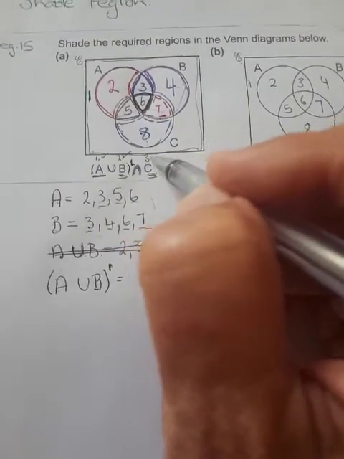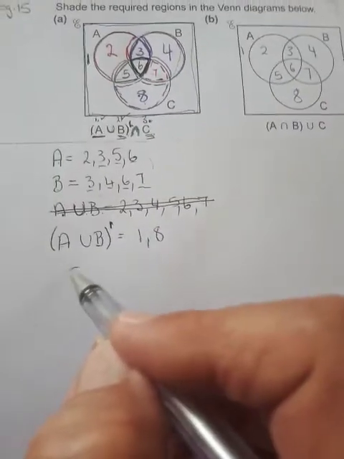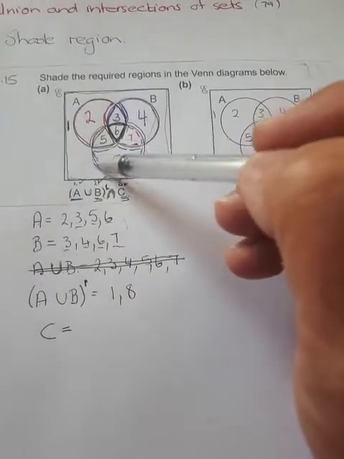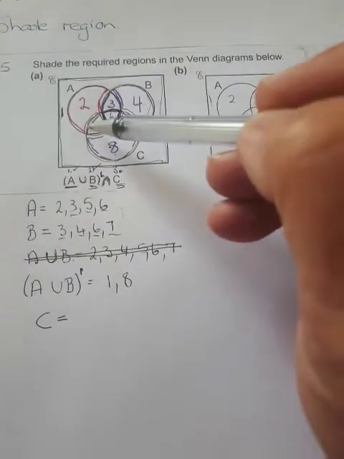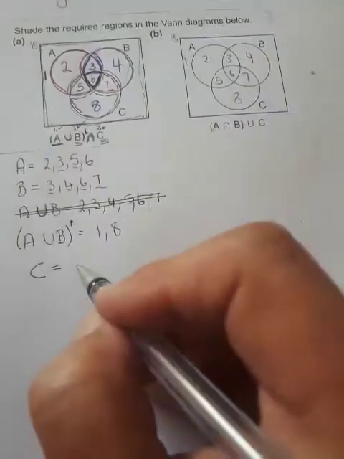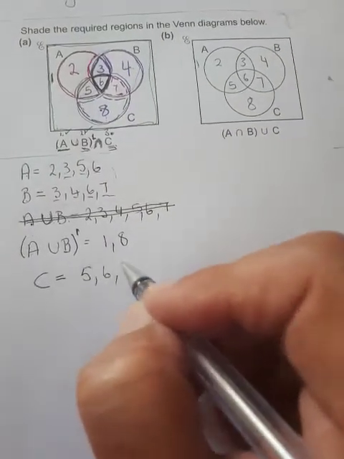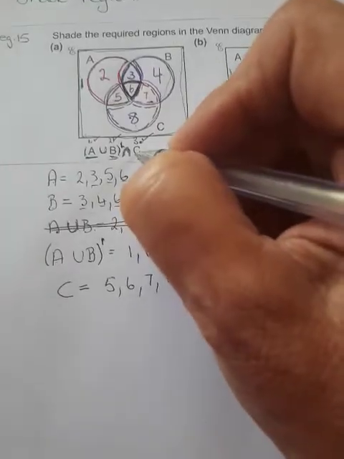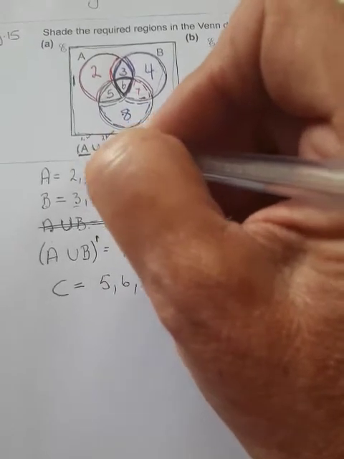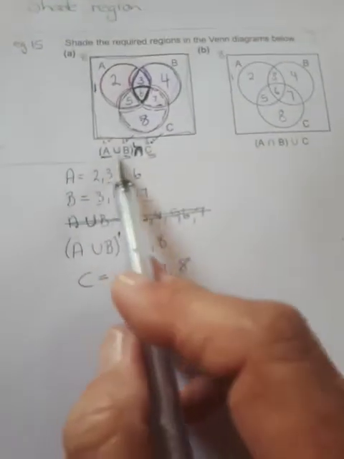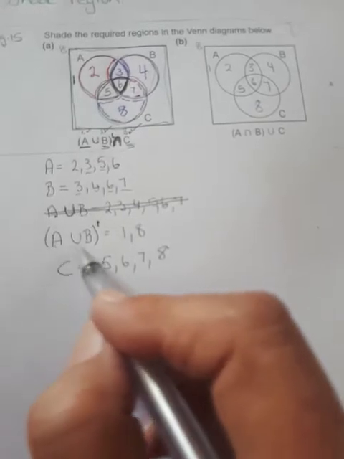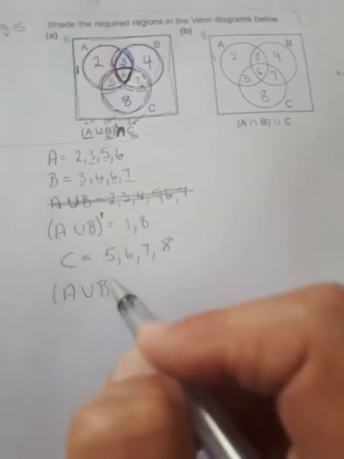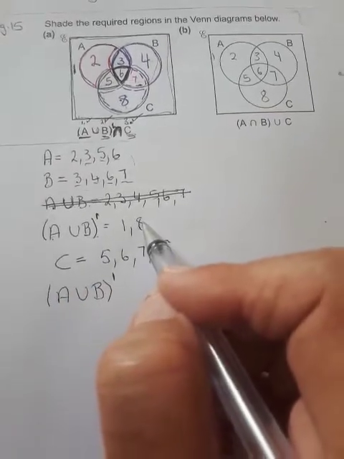The third one is set C. Let's write down what set C is. Look at C, this is the circle for C. That's 5, 6, 7 and 8. Now we are done with set C. And now we go back to the whole question. The whole question is A union B complement, which is that one, and then